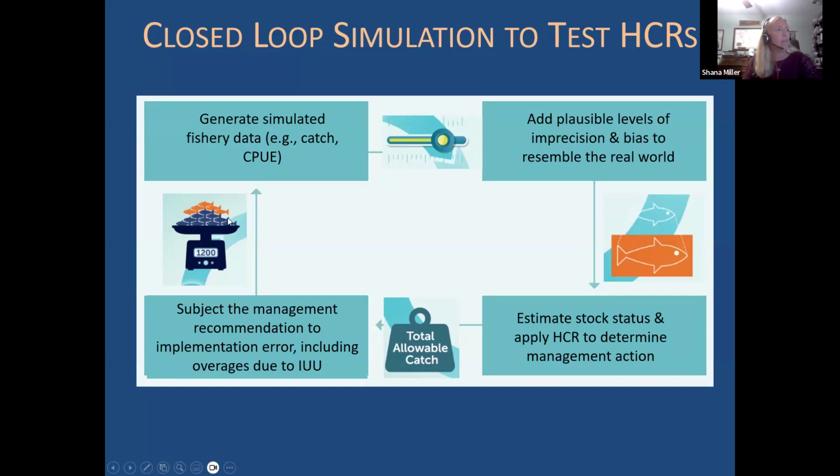And then the output of that implementation error model, the tonnage of fish that's caught, is put back into the operating model. And this cycle